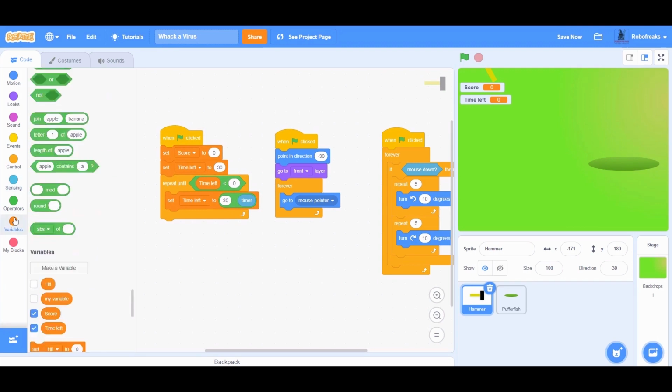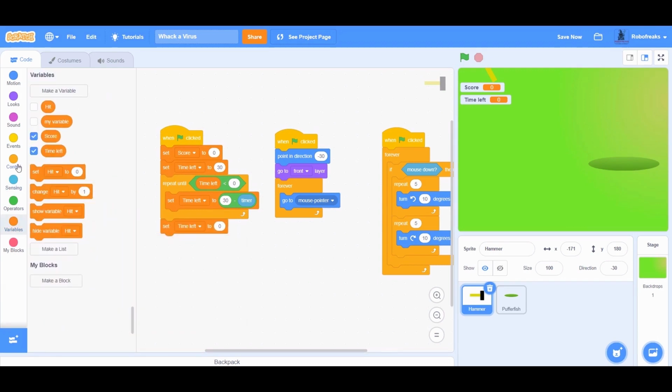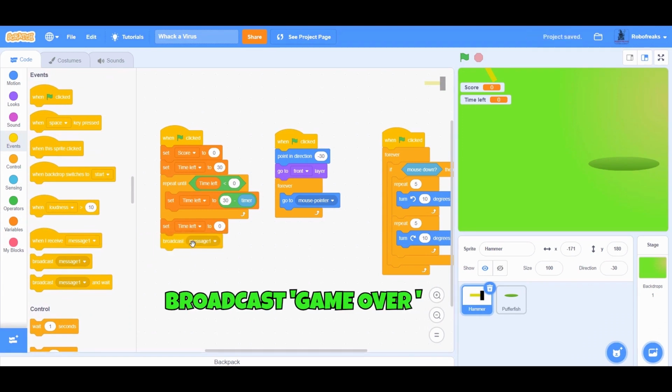When this loop exits, we will set time left to 0 again and broadcast game over message and stop everything.